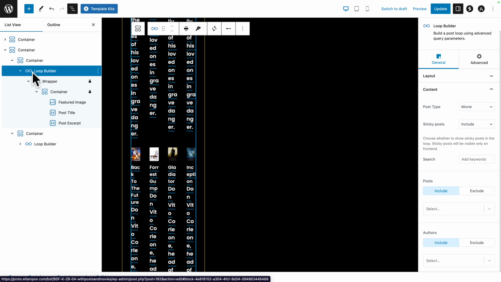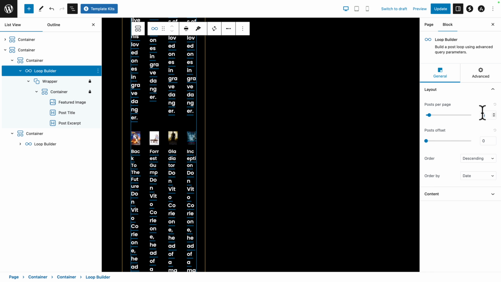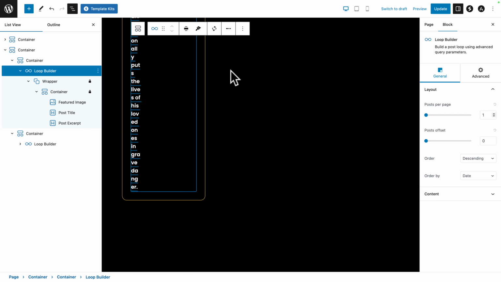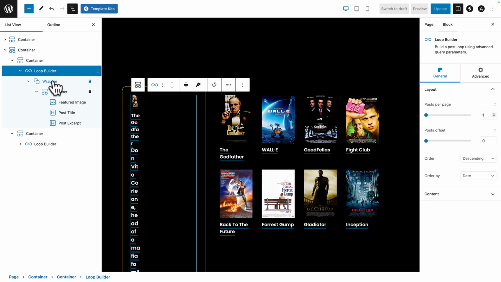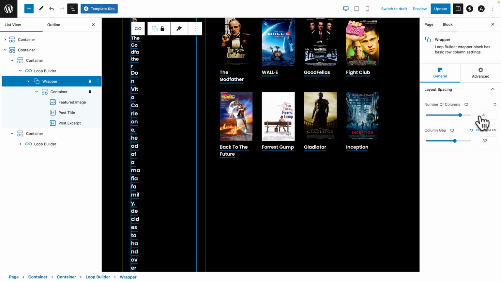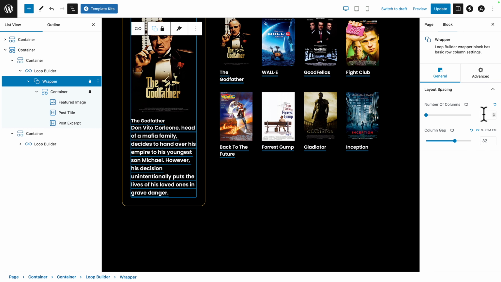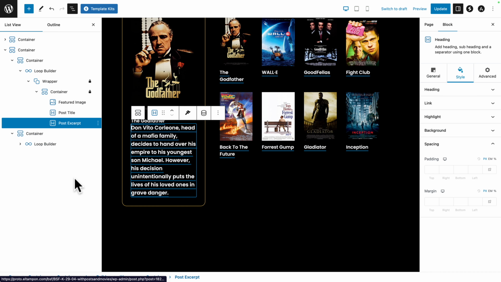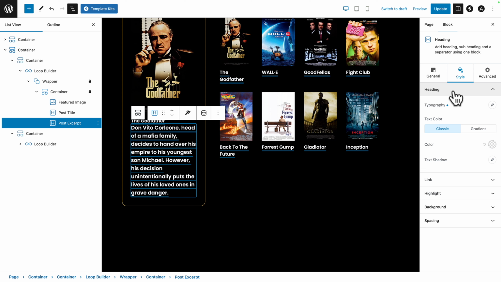So let's select our loop builder, go to general layout. The post per page should be set to 1, and then we scroll back up. Next, click on the wrapper. The number of columns should be set to 1. Okay, much better. Now let me go back and select my post excerpt, go to style, heading, typography, spacing, and